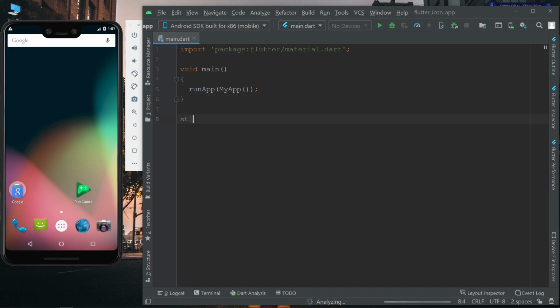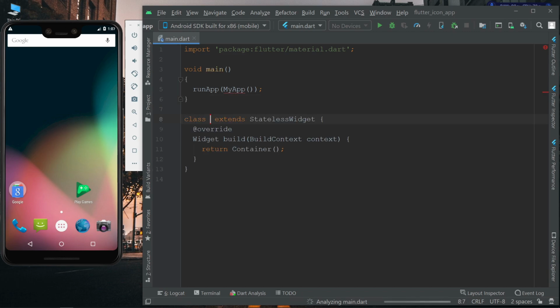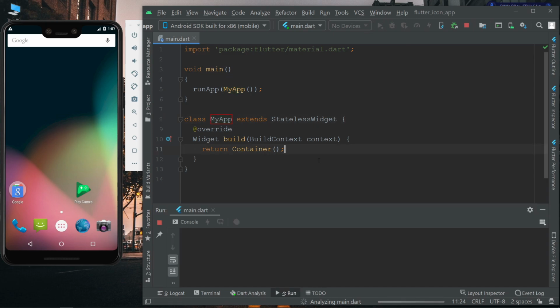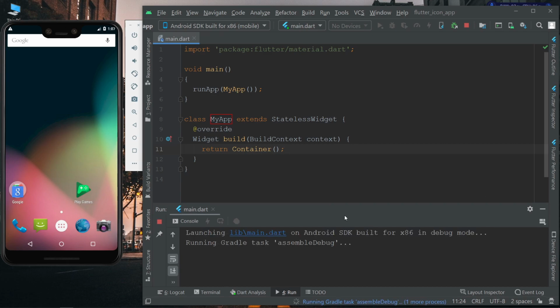Now we will create this class. Just run this app. This will take some time to build and install the app.